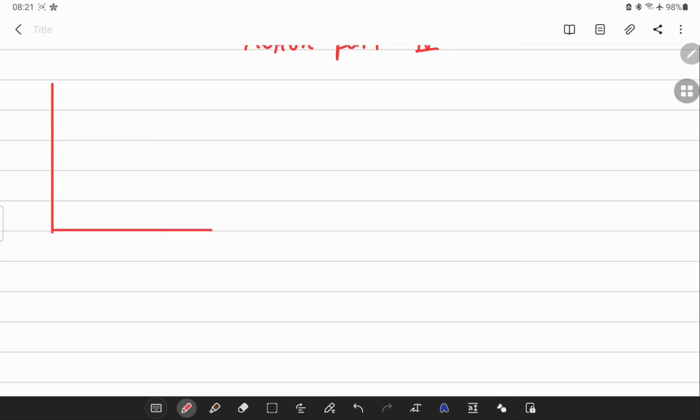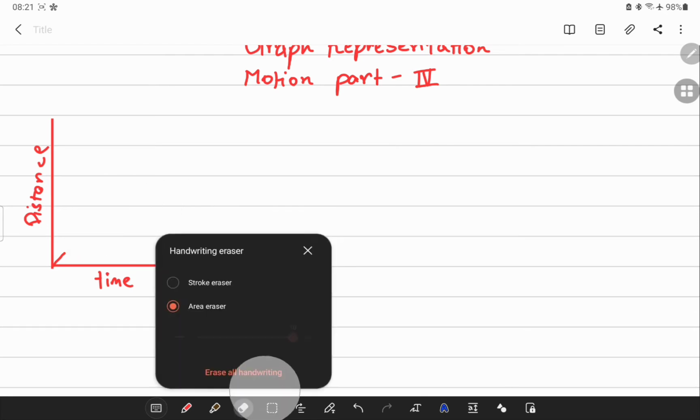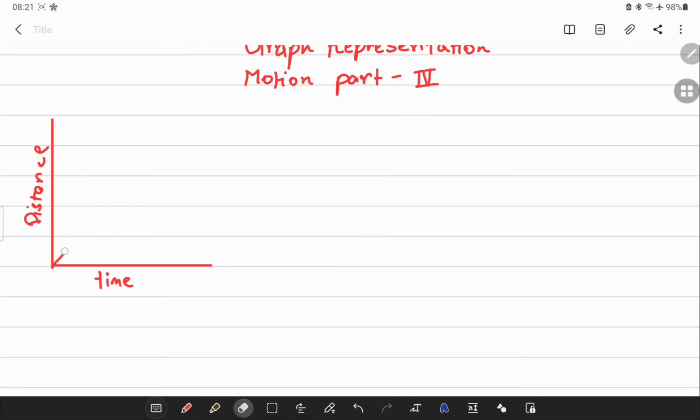So this is distance, for example, and this is time. Now the thing with the distance time graph is it can either go like a slope or it can go flat, like a zero angle, but it can never go down. That's the thing about them. This is because the distance can only increase or stay constant. It can't vary negatively, as in displacement's case.